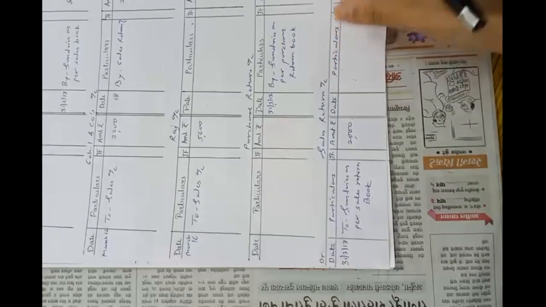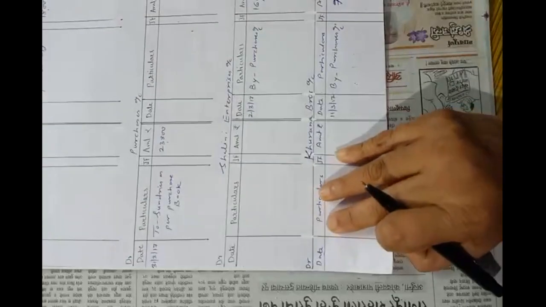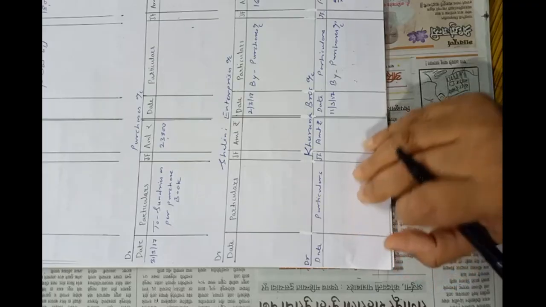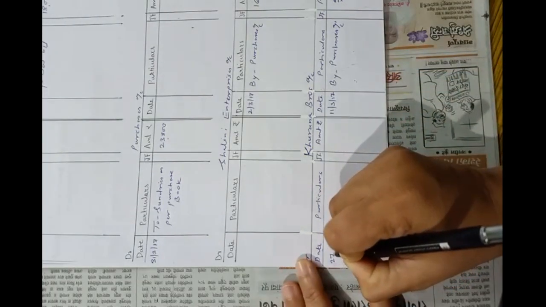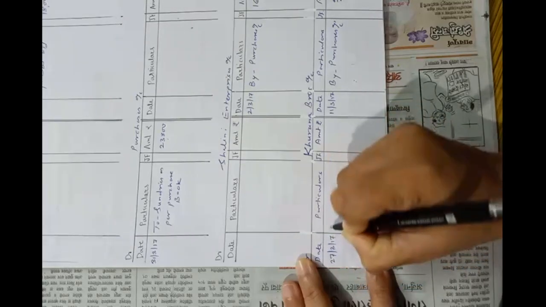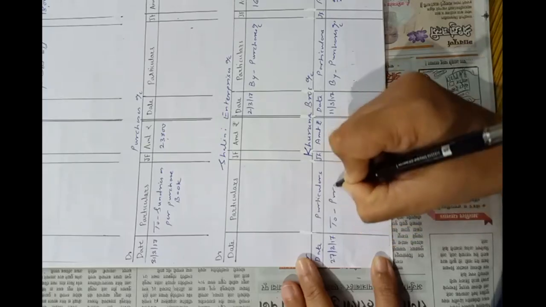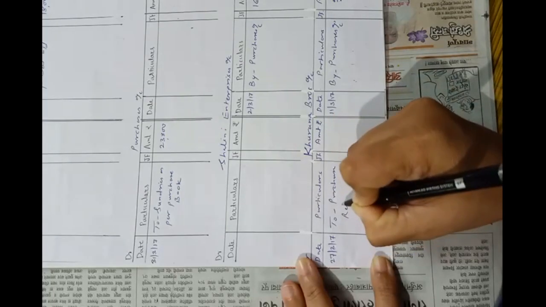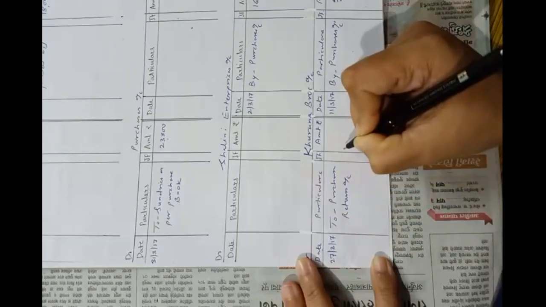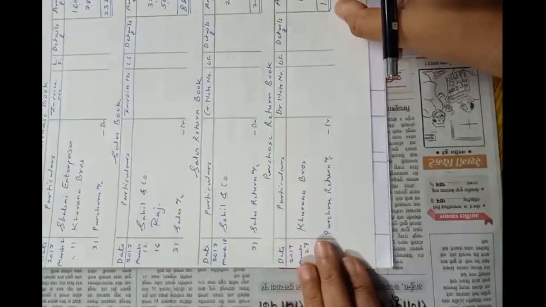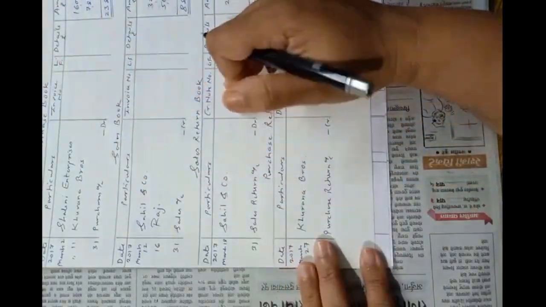And now the second posting: credit side of purchase return by sundries means parties, means debit side of that party, that is Khurana Brothers, to purchase return account on 27th March. Amount is rupees 1000. Okay, in this way we are done with the posting of the purchase book, sales return book and